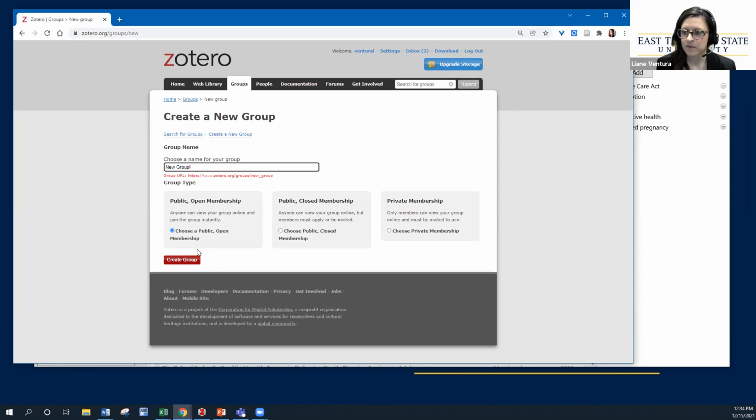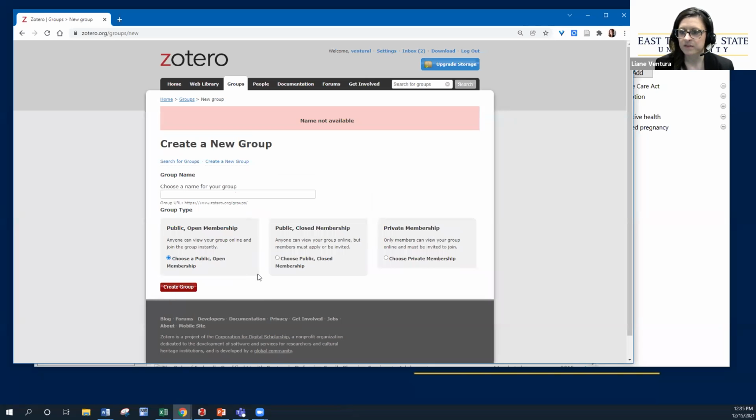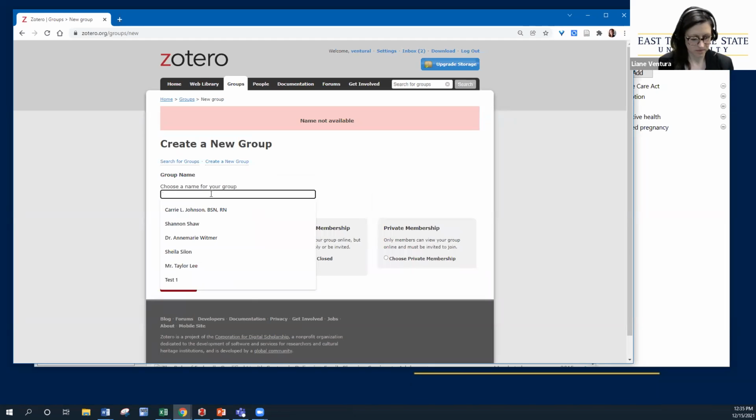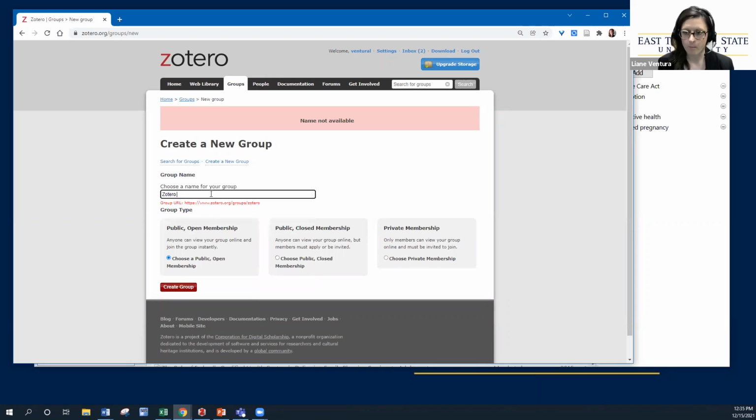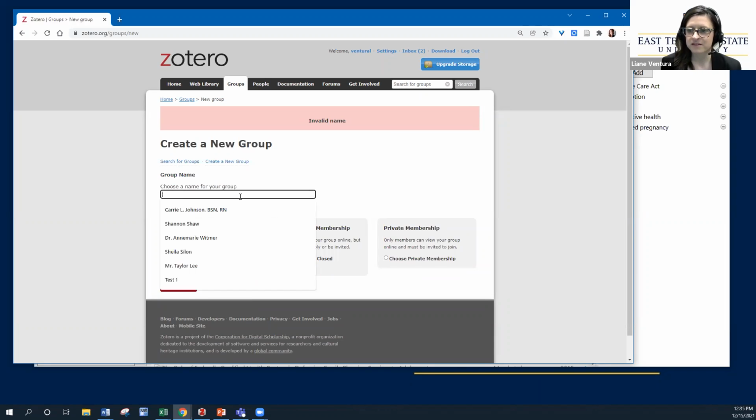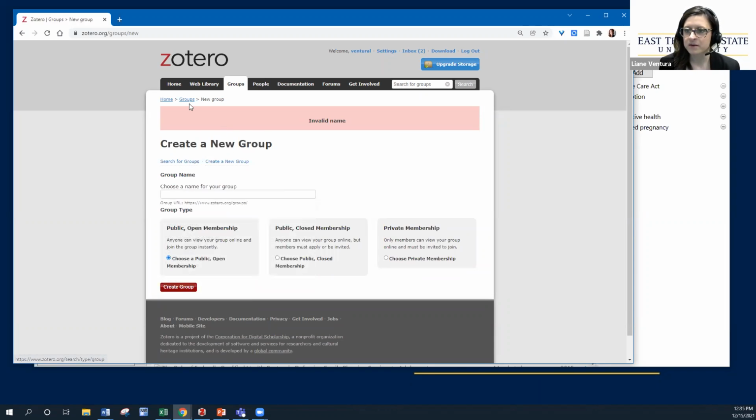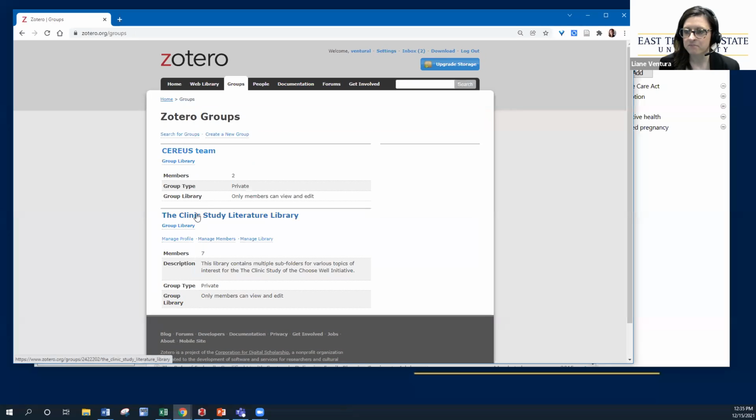Create the group. And so you have different options about membership. And what you would probably do is a closed membership. So this one means that you can add group members. That name's not available. Okay. In any case, that is how you create the group,